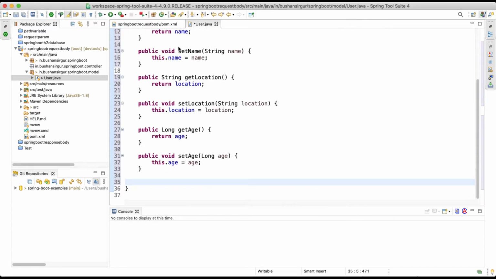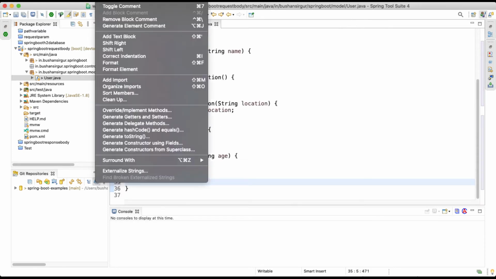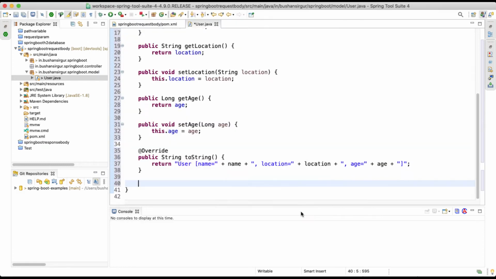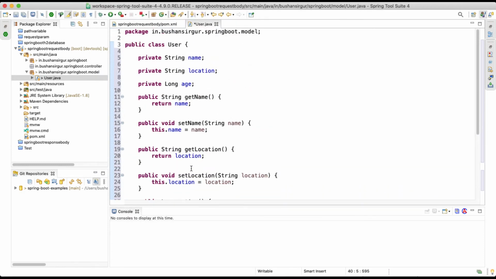I'm also going to override the toString. Now we have our domain class, which is User.